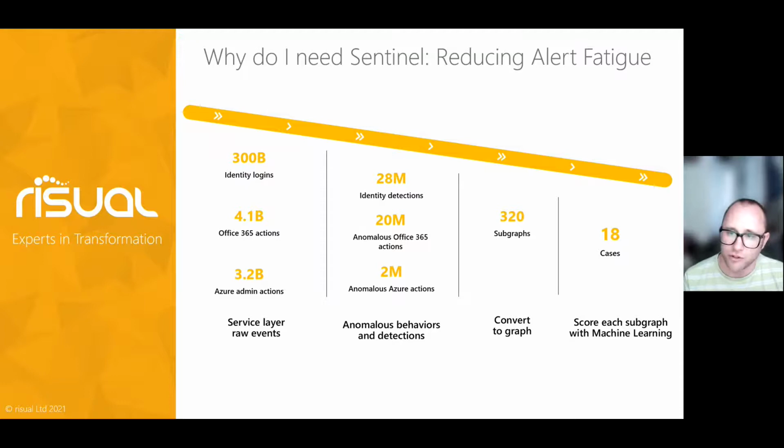And all of that, the first three layers there, happens in Sentinel without you actually having to configure anything. So that happens behind the scenes. Microsoft use their own information and security baselines that they've built into the product over people consuming these products over periods of time. It's all anomalous data, so there's no customer information or organizational information contained within that, but they were able to use that for modeling and machine learning to understand which of those things are valid alerts and